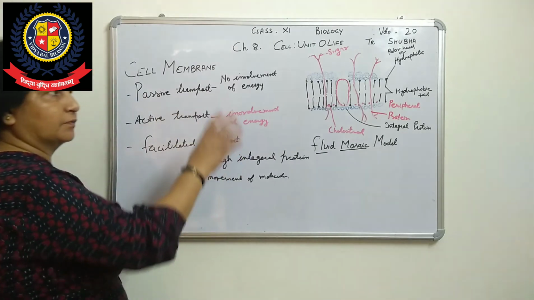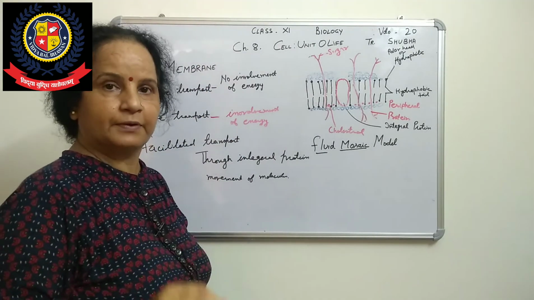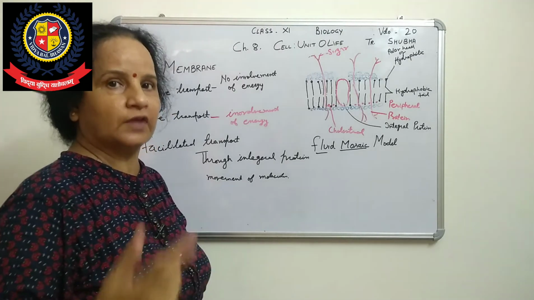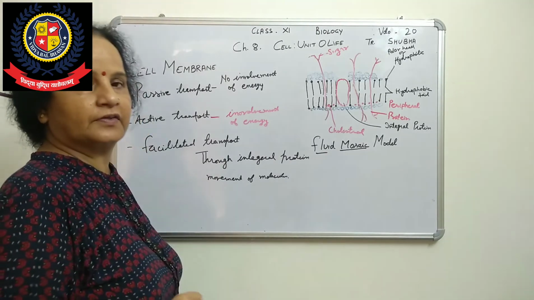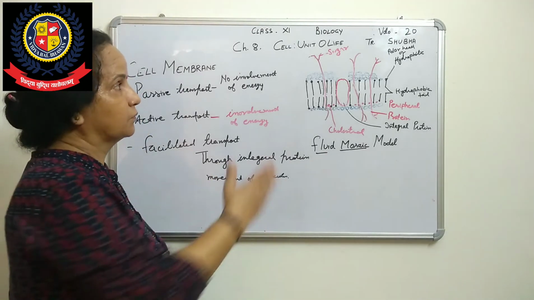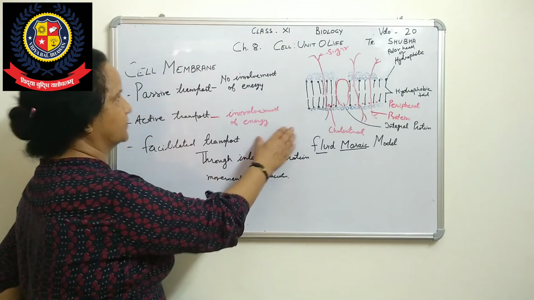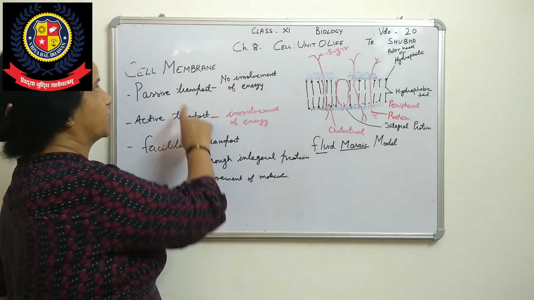Now this cell membrane is first studied in the human RBC, red blood cells or corpuscles, also called erythrocytes. There we see 52% protein, 40% lipids, and 8% sugar, cholesterol, and other molecules. Now we will see what the function is. That is common in plant cells and animal cells. So we have started this one.